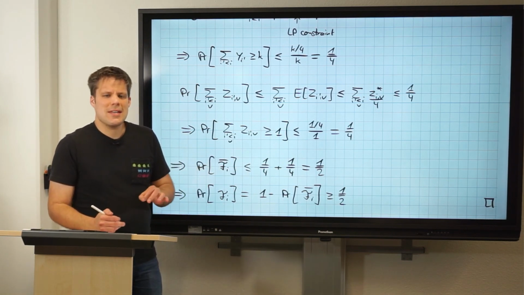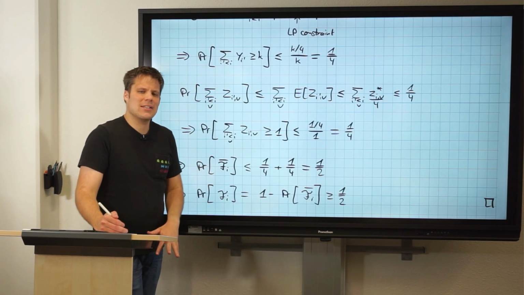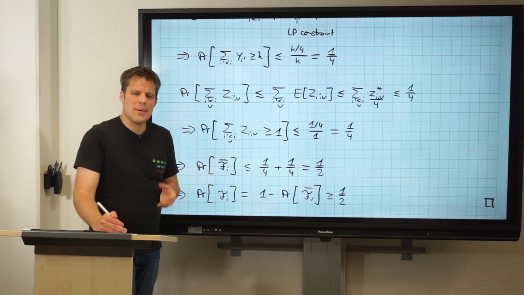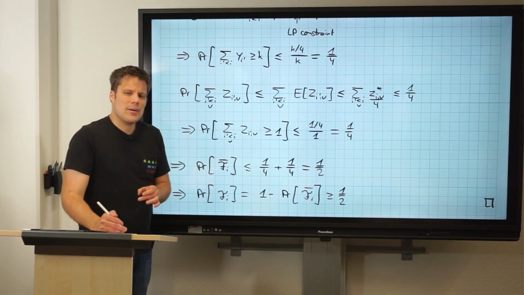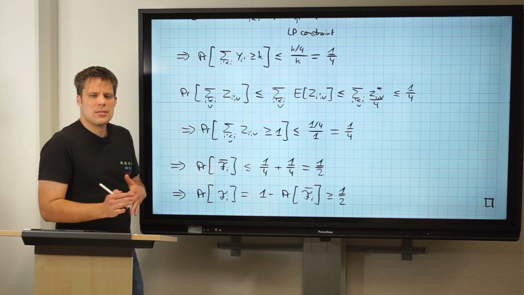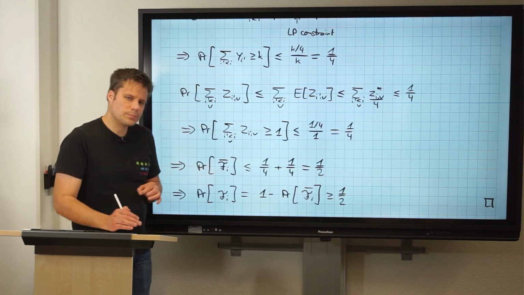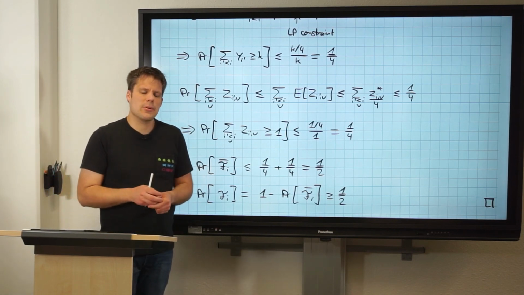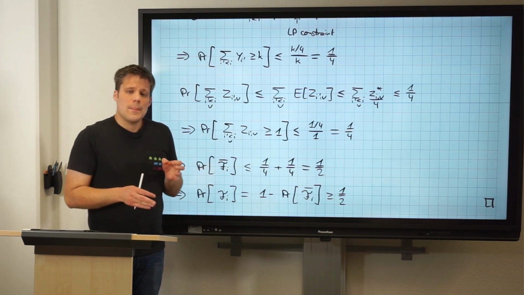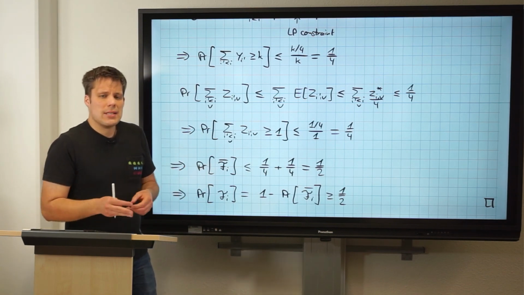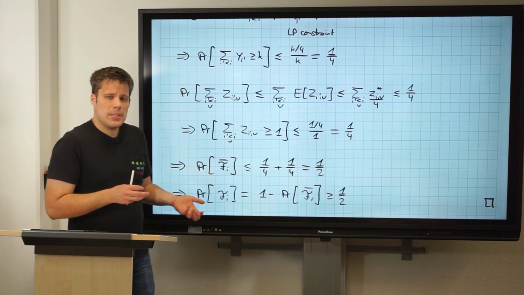This is where you see, okay, there's a lot of slack in here where you could actually improve this, but this is not the point. If you want to improve this, sure, there are much better calculations than this, but the general techniques work just as I showed them now. What you'll do is you'll relax this as an LP.